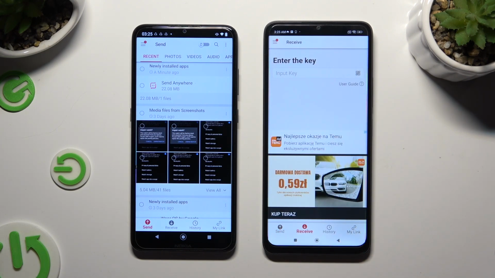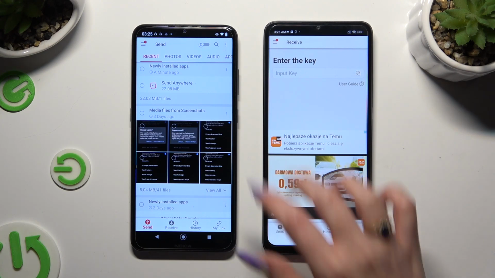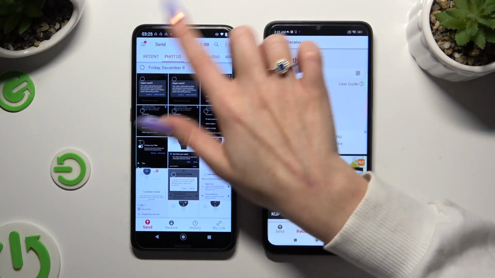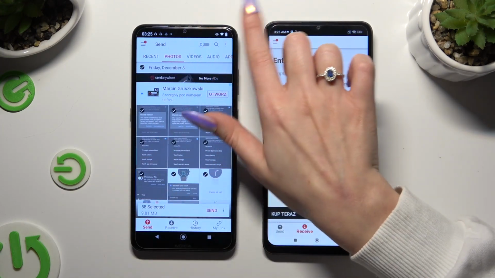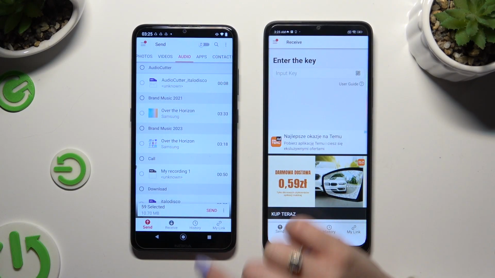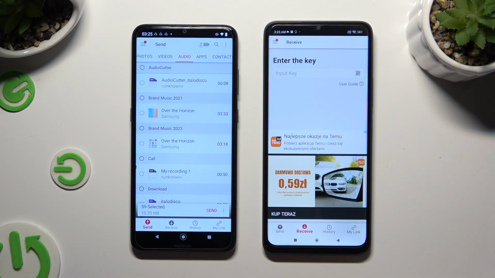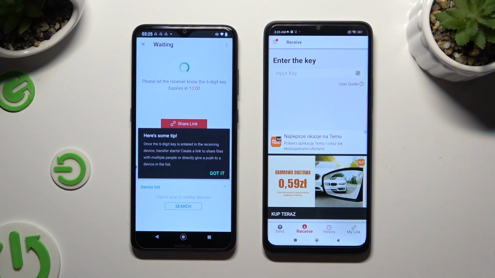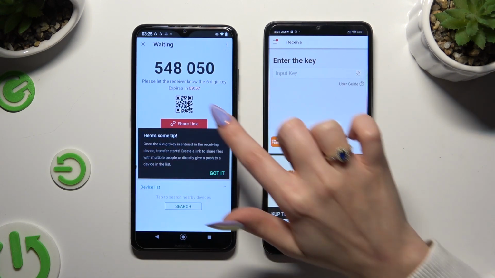Also on Nokia, thanks to all of those categories available at the top, you can pick all of your files to transfer. When you're done, click on Send next to Selected at the bottom. Then tap on Got It in Here's Some Tip pop-up